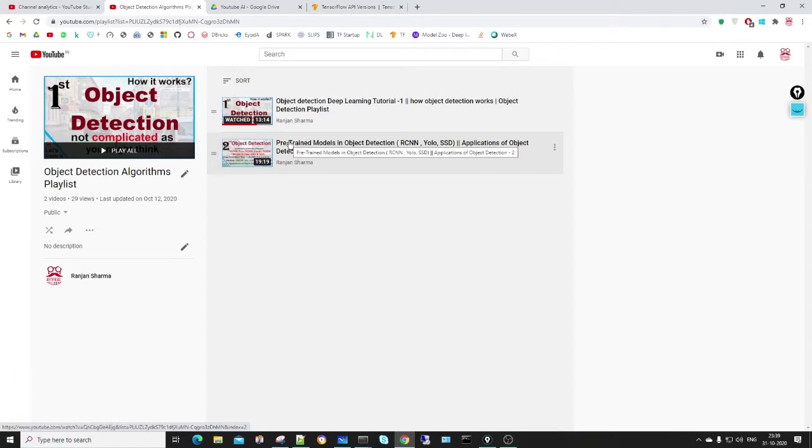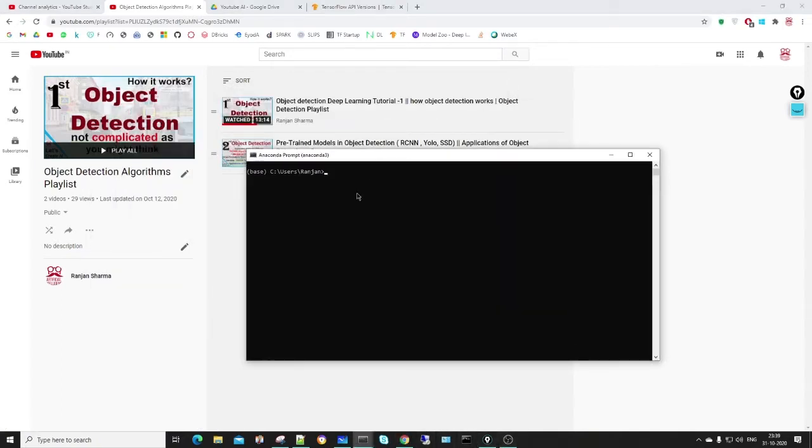So basically, TensorFlow is a deep learning framework, or we can say library, that we will use in object detection. First of all, I will open Conda prompt, which is Anaconda prompt. In this Anaconda prompt, I will create a new environment. I would recommend creating an environment every time you start any new project. First I will show you the already created environments. You will see I have three environments already created. The first one is base, the default environment. So I will create a new environment here.